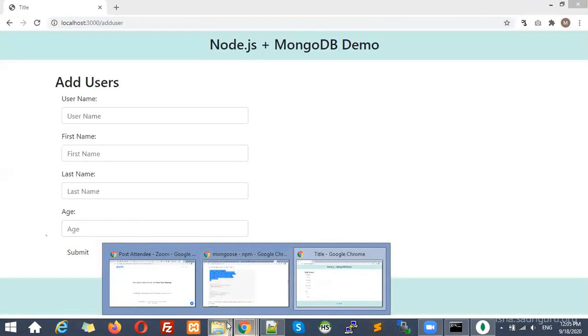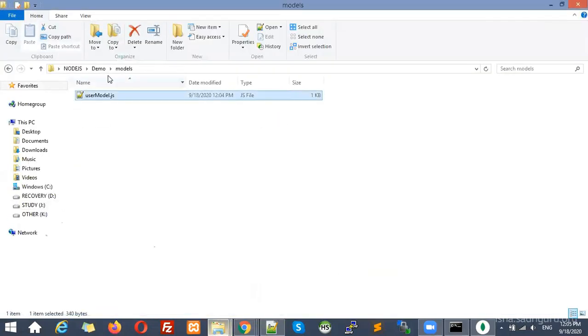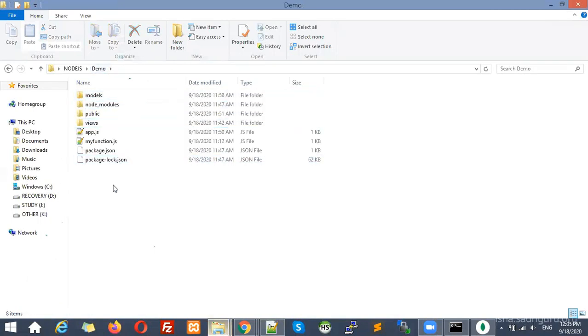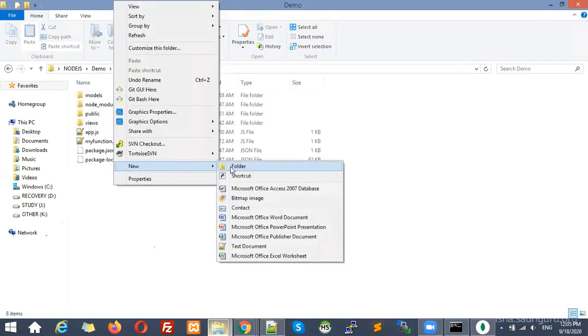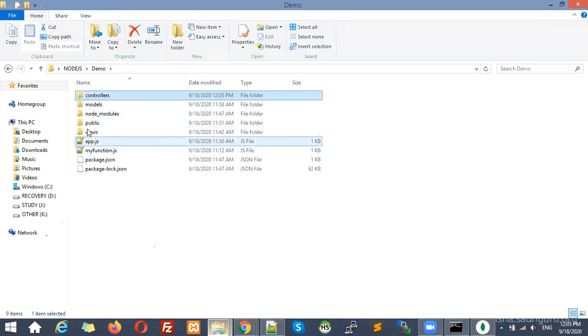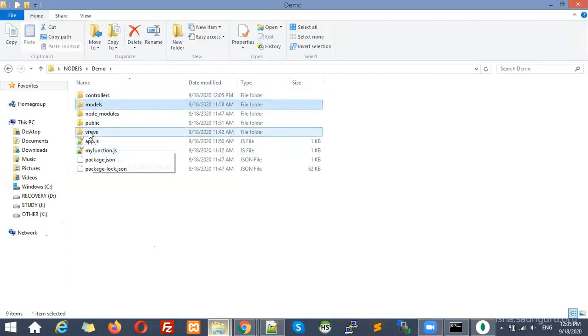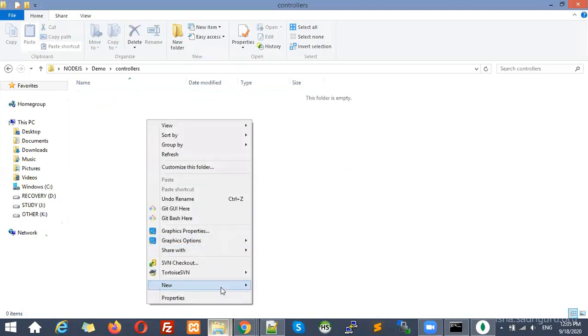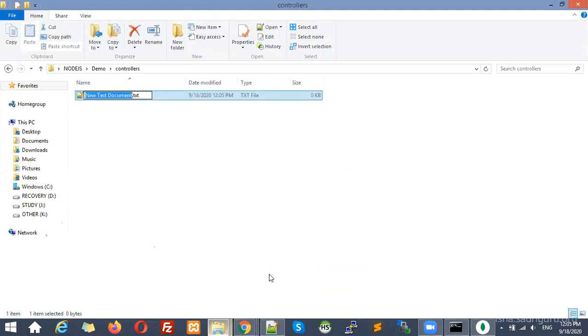So let me create, go to our project and let me create one folder, controller. It is not required to create a folder. You can create the file directly, but it is a good structure. So that's why we write controllers, and inside this one we will create the controller. Now you can see our MVC architecture is done. Model, view, and controller. So inside the controller, what I'm going to create now, the core logic of the insertion process will be over here. So this is a user controller.